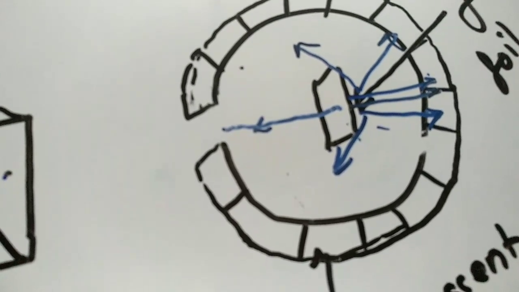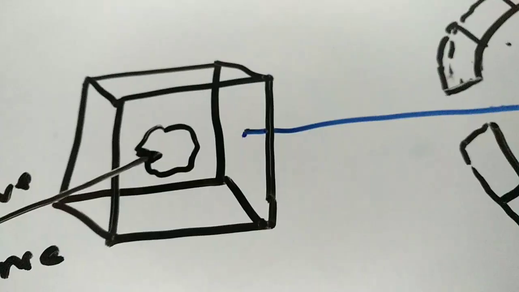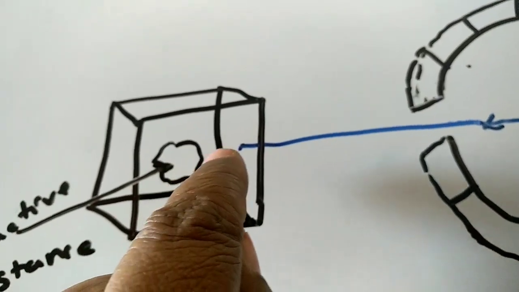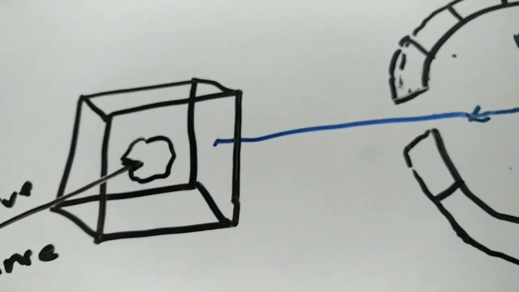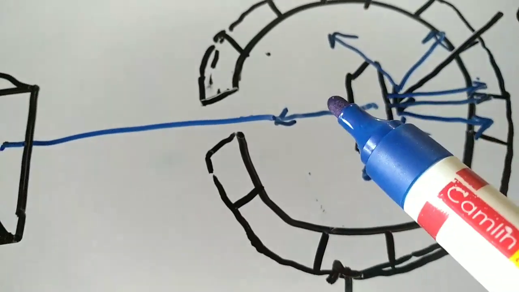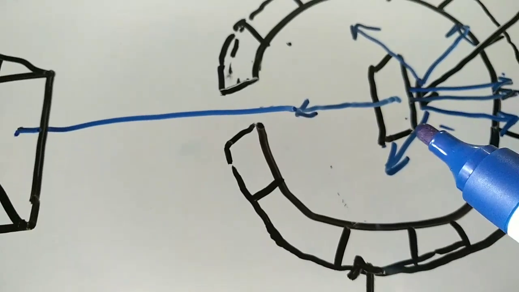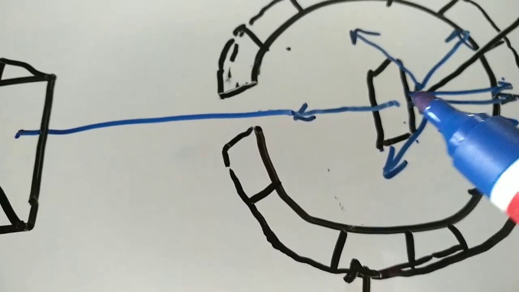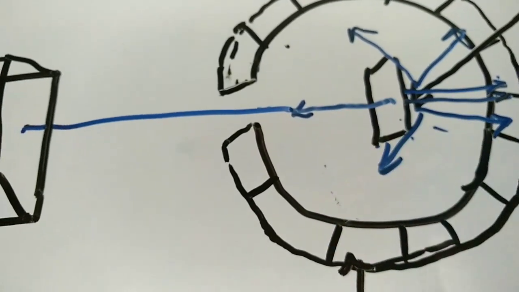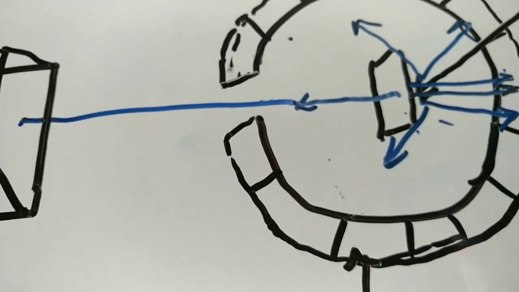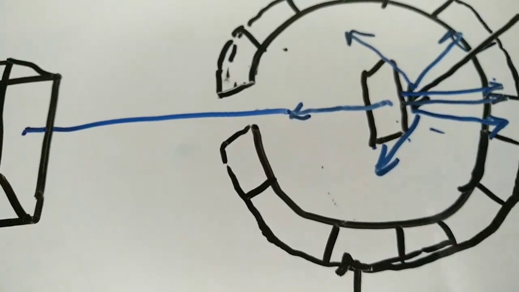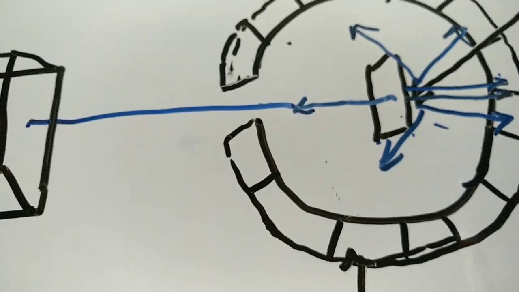So he was surprised. One more time I will explain. See, this is the path of alpha rays. They came out of this lead box through that small slit, traveled in a straight line, and then penetrated through this gold foil. Rutherford was expecting that all of these alpha particles would pass in a straight line, but he was surprised that some alpha particles deviated from their path. Most of them passed in a straight line.